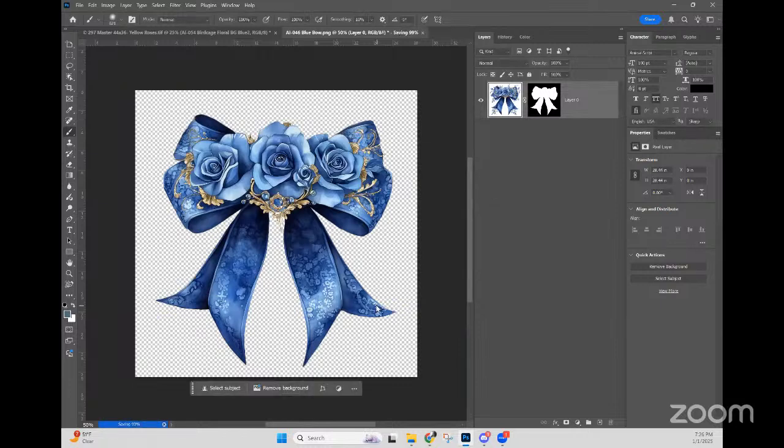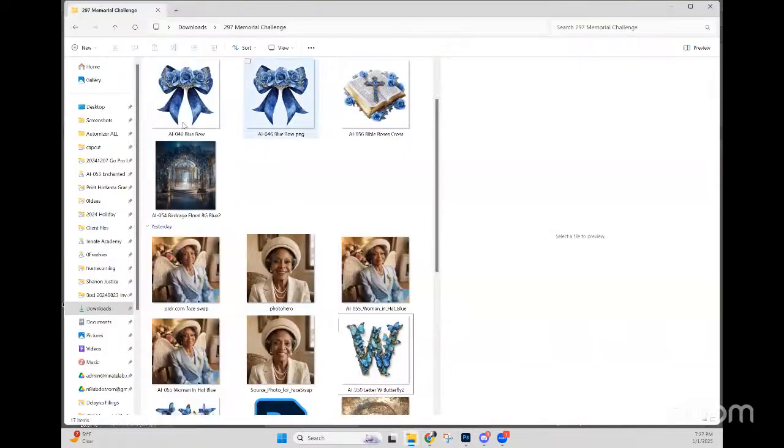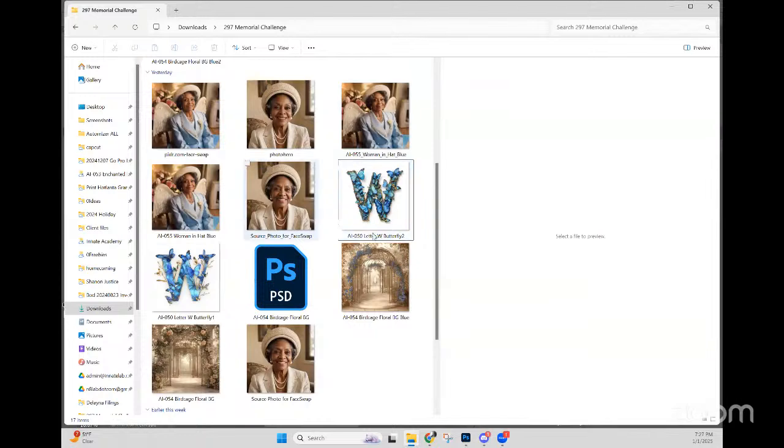And I'll tell you why in a little bit, because once we do the Automizer, we're also going to be using our accent images to create cutouts or standees. And in order to make a standee, you need it to be something that you can cut by hand. All right, so I'm just making sure I have all my little elements here. So I have my bow. I do have my Bible and my cross. I'm going to go ahead and